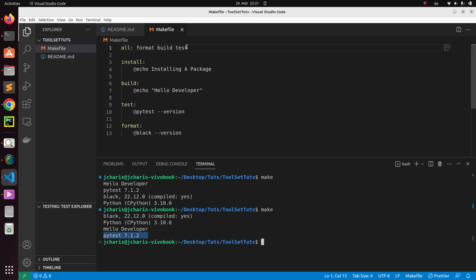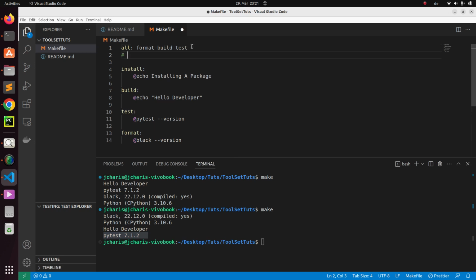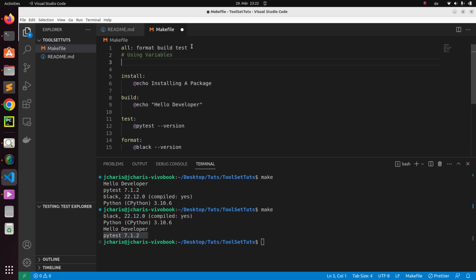Okay, so let's see how to use variables in make. So this is going to be using variables. How do you use a variable, right? So we can use a variable by just defining a variable. So let's say I want to use a variable called package name, right? And then I'll just go with the operator. You can make it like this, it's going to work, but I prefer this option here. Then I can give it a name. So let's give it a name like, let's say pandas, right? Without this, it's still going to work. So pandas, right? Or I can just put it inside a bracket like this, right? So this is how to define a variable